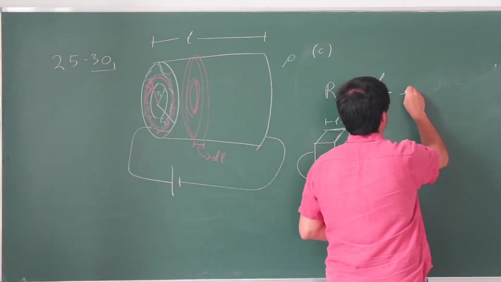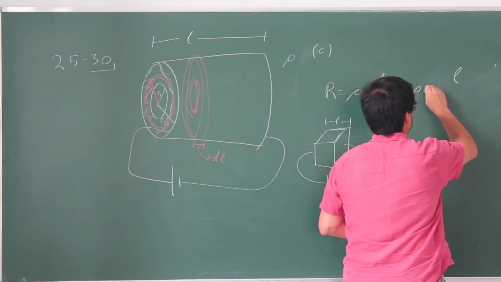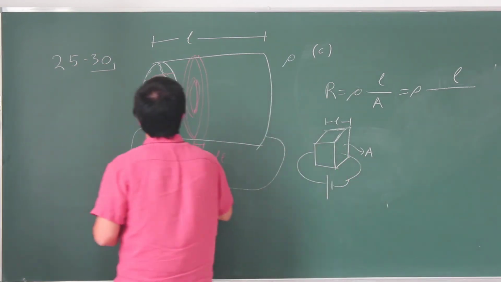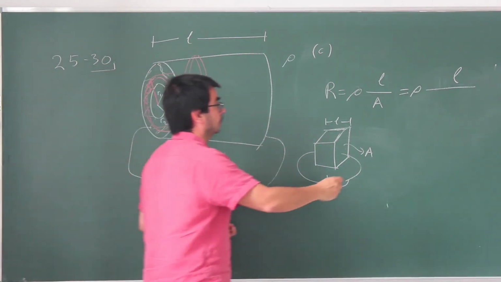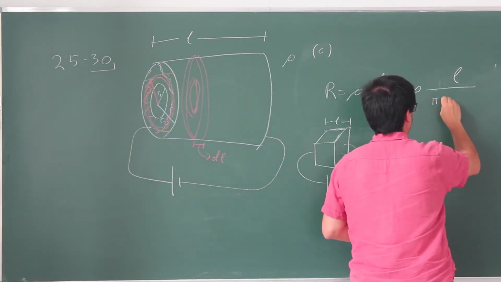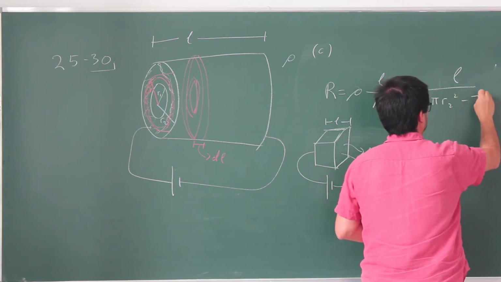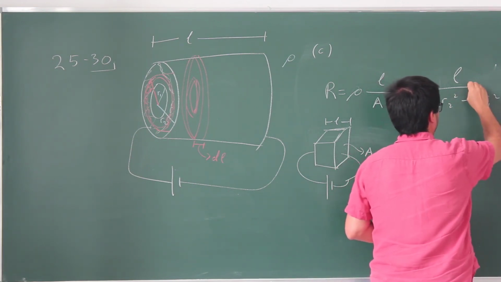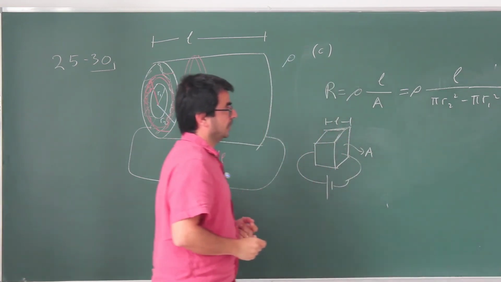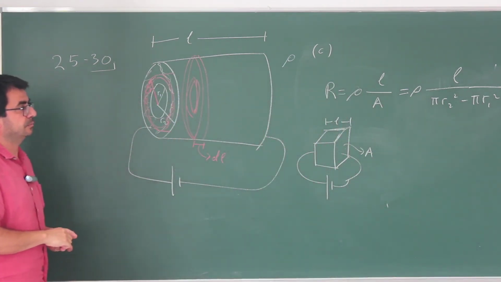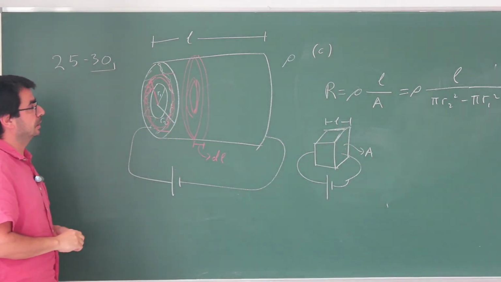L is already given, so this is going to be rho L, and our area is going to be the area of the bigger disk, pi r2 squared, minus the area of the smaller disk, pi r1 squared. Okay. You can obviously simplify this a little bit further, but essentially the answer is going to be